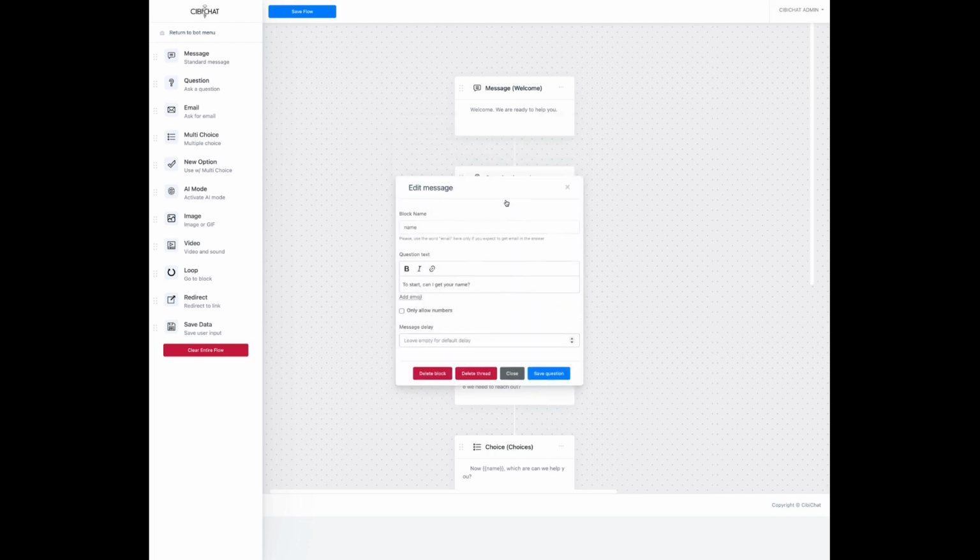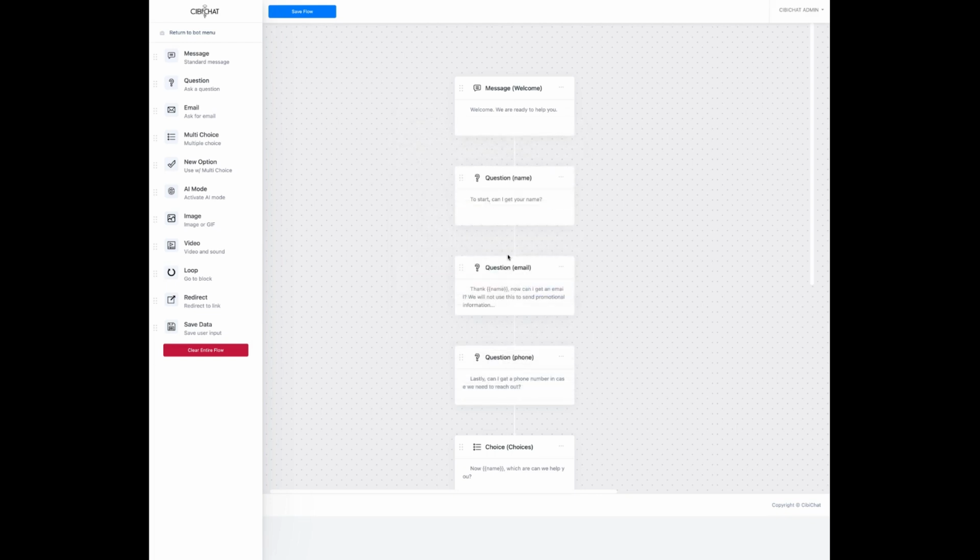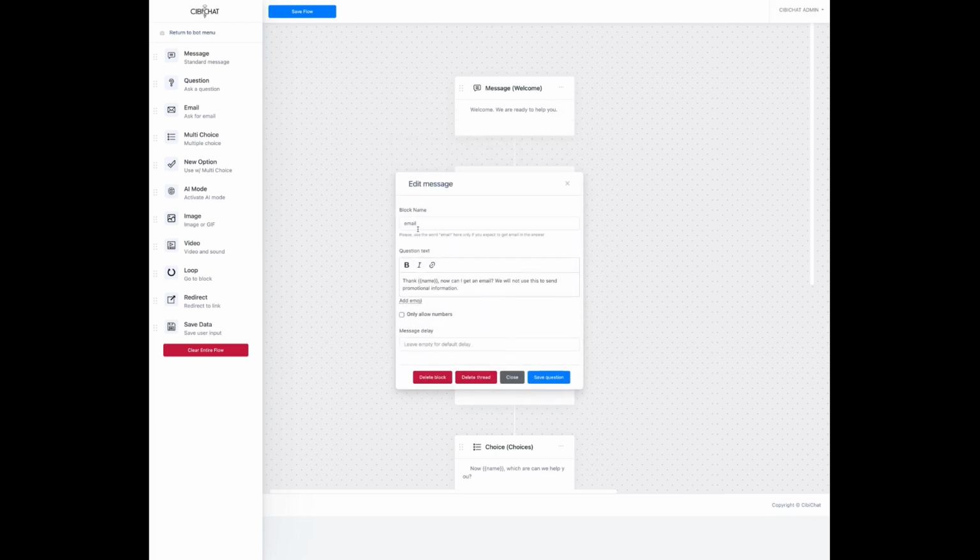A question, you want to give it a name. Now, when you give it a name, a block name, this name becomes a variable. So here I have to start, "Can I get your name?" The next one I have is for email. So then it's saying the block is named email. "Thank you," and then we have the open brace, and then the variable, close brace, which now will then,